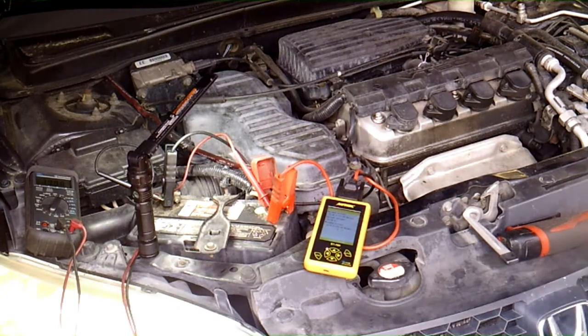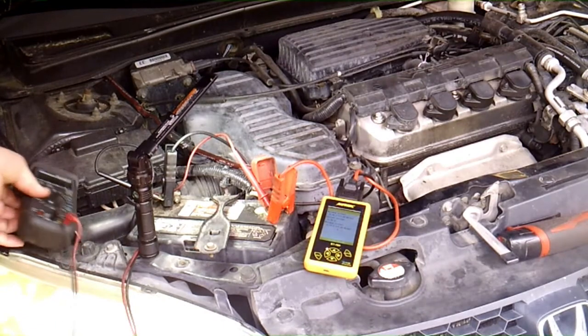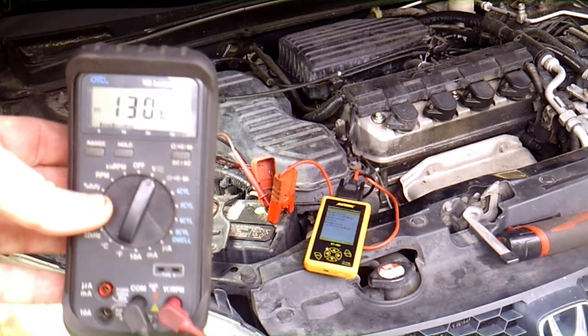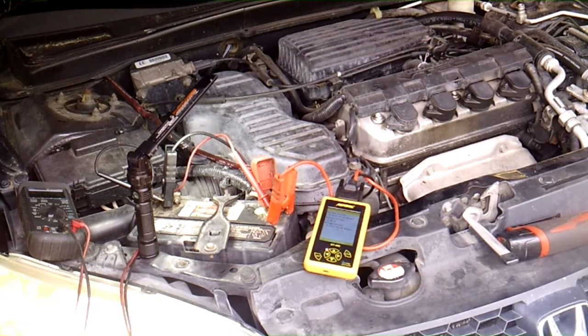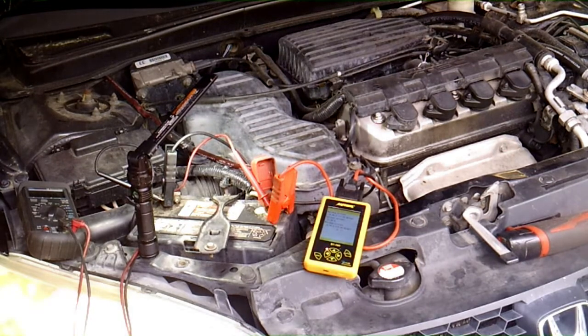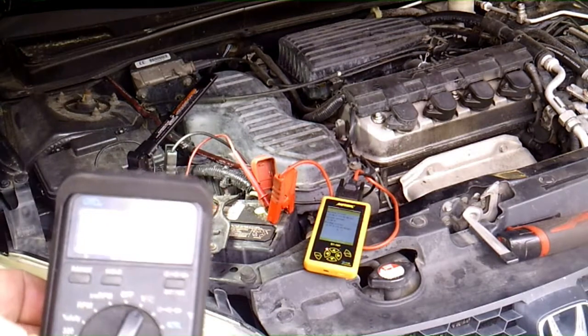So all I have on right now is the headlights, and you can see we're at 13.01, 13.02. We're hovering right around 13, which isn't acceptable. I'm going to turn the AC on. We'll see. Alright, so the AC's on and the fans are on, of course. And we're all the way down to